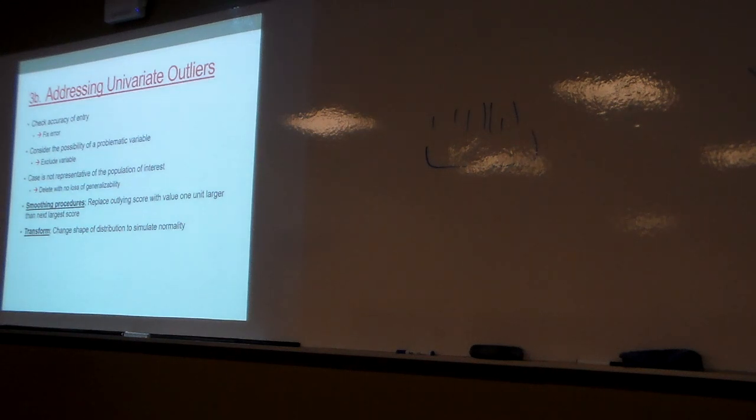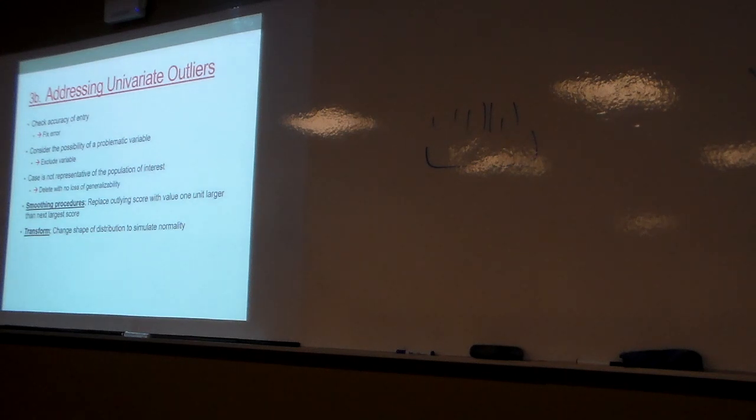But if it is a person who's a member of your population of interest, and their value does make sense, but it is also going to have an impact on your estimates because it's a really huge outlying value, and you don't want to throw them out because these are actually the people you're really interested in. A lot of substance use stuff is like this, right? You throw out all your outliers, you throw out all your people who are using substances. So what do I do then? Maybe I don't have a super high sample of people who are using stimulants recreationally, but I've got one person in this small subgroup.